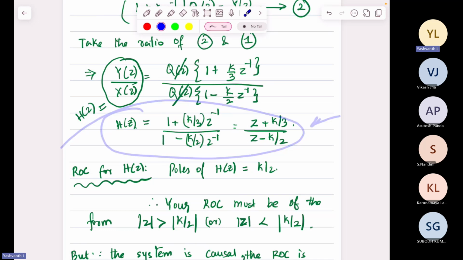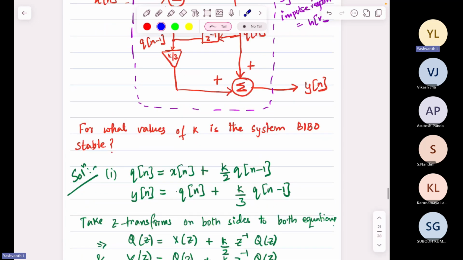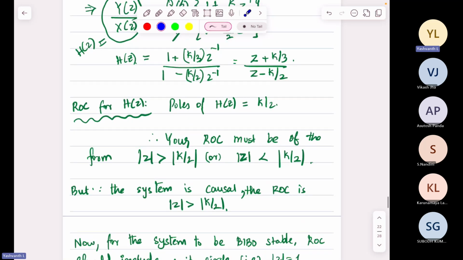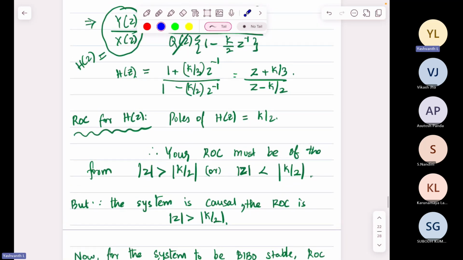All you need to do is invert the Z transform. You need to do inversion, because what is the question? Oh, sorry. You don't even need to do inversion, because you're not asked to find the impulse response. You're only asked to find for what values of K the system is stable. That's what you need to find. For stability, the unit circle should be included in the ROC. What is the pole? K by 2 is the pole, because the denominator equal to 0 gives K by 2. If the ROC should include the unit circle, that means K by 2 should necessarily be less